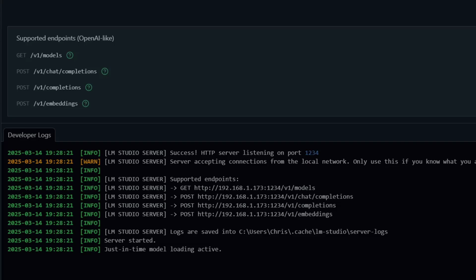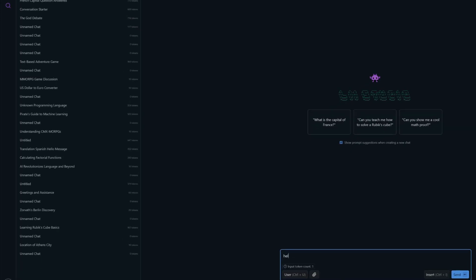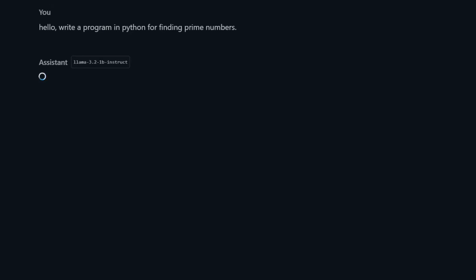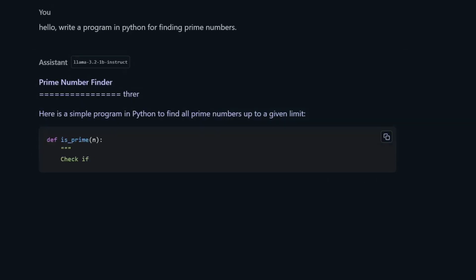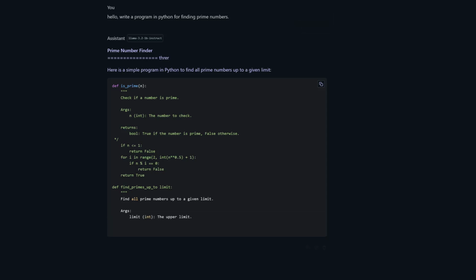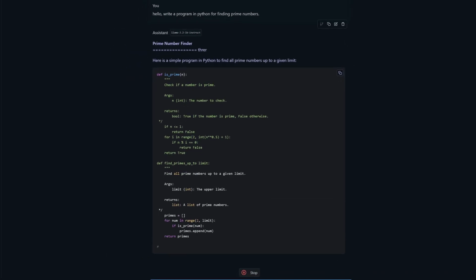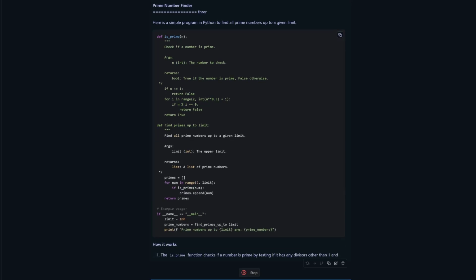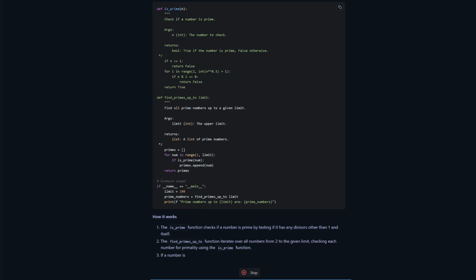If I switch off internet, it will continue to run. Hello, write a program in Python for finding prime numbers. Here it is. It's great. Absolutely great. So Llama 3.2 with just 1 billion parameters and about 1.34 gigabytes is, as you can see, more than great. So let's go and